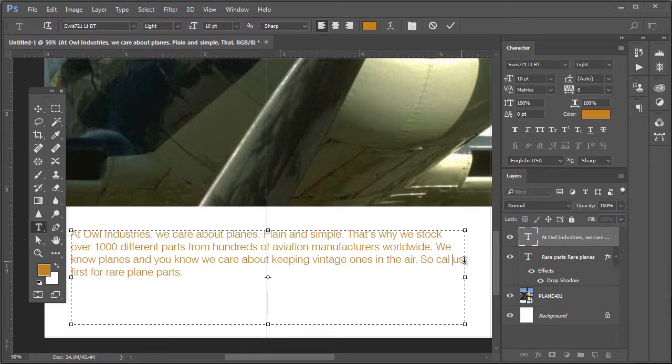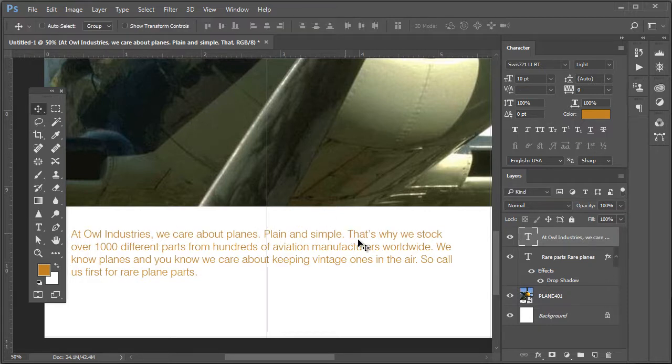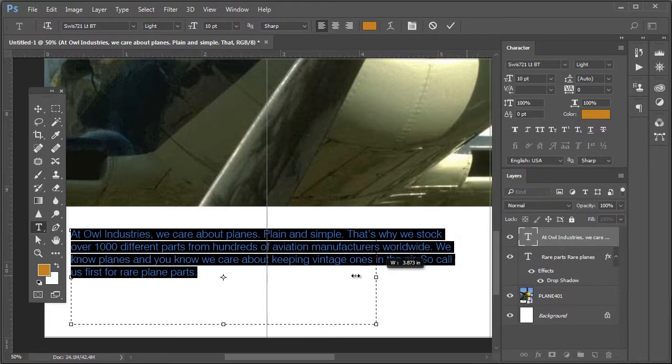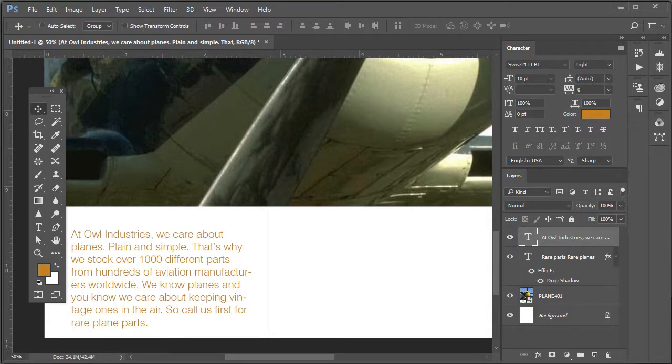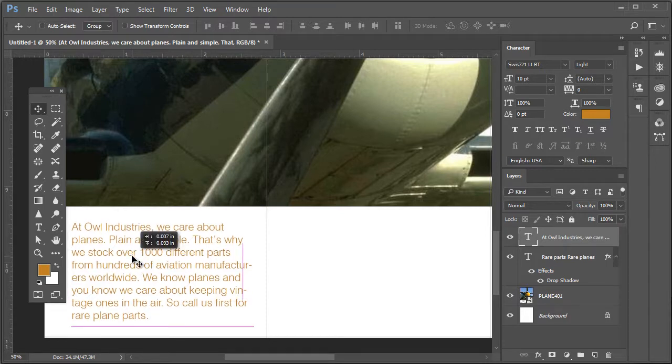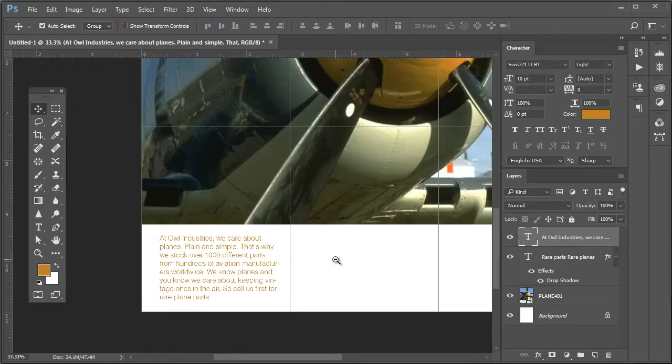We have a little typo here. So essentially, here's the copy. We can tighten this copy up if we want regarding the box. So if we wanted to tighten the box and put this in one box, we can do that. And as we zoom out,